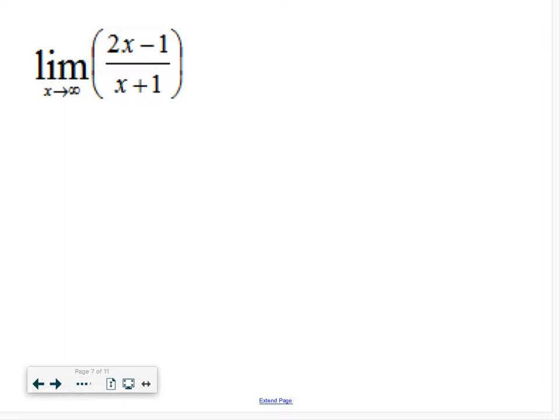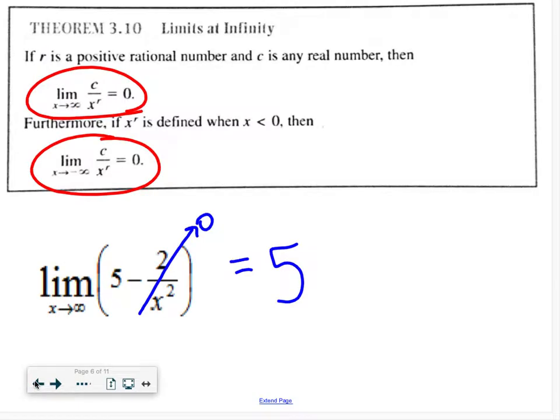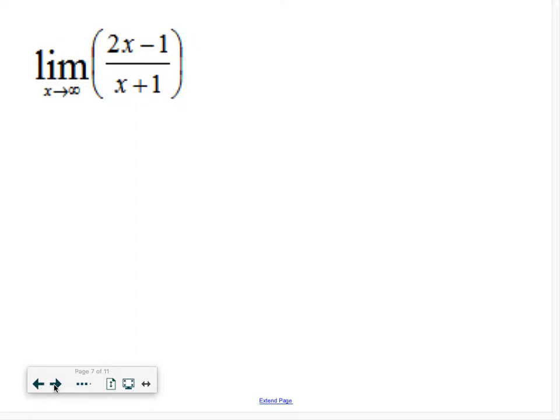We're not plugging in infinity. No, but you bring up a good point. Direct substitution is not going to be effective ever with infinity. Infinity is not a number. You can't just plug in infinity. Anytime you have a limit towards infinity or negative infinity, we do have to think about the graph, or there's ways to use this rule right here. For instance, in this case,